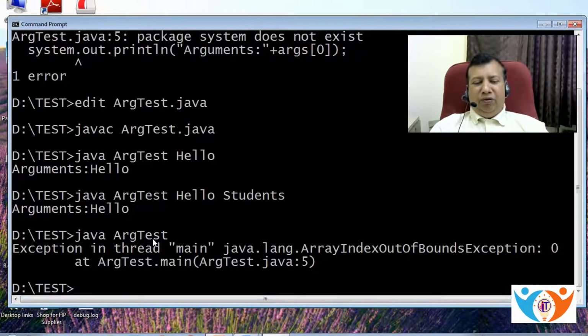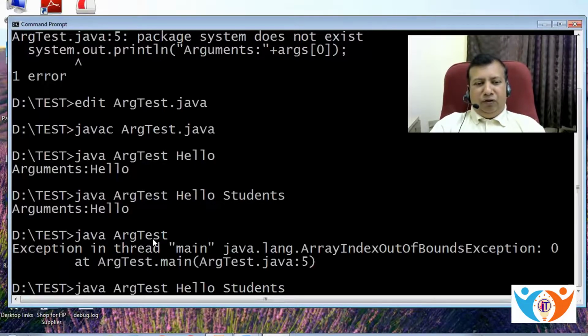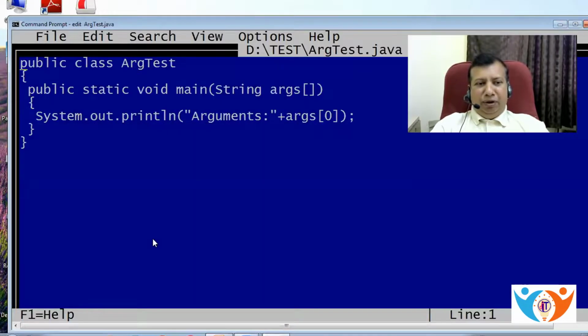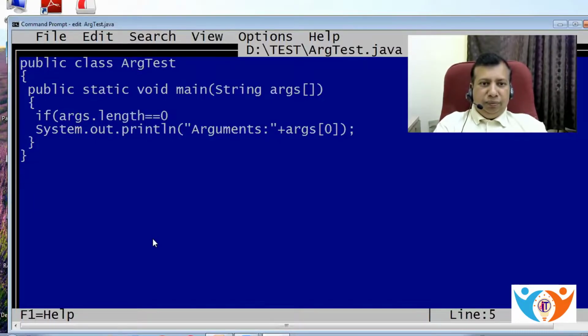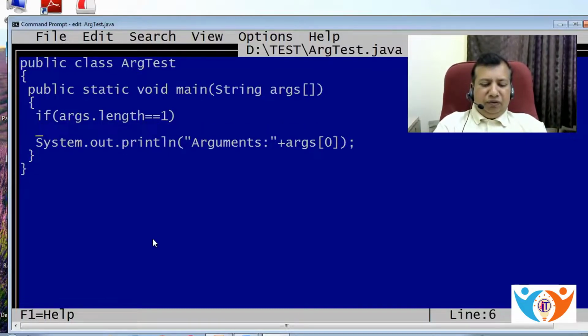Now how to ensure it? By using the length property of the array. So let us modify the program and use the length property inside it. What I will do: if args.length is equal to 0, then... if it is equal to 1, then display this.